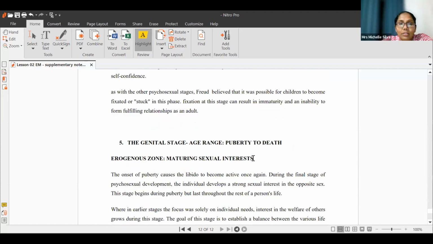But when they come to the genital stage, like after 12 years period, to death,